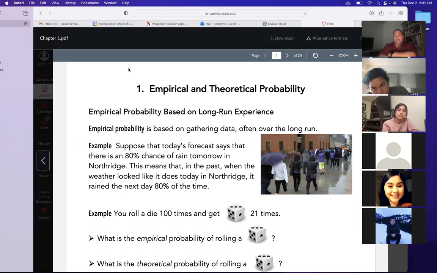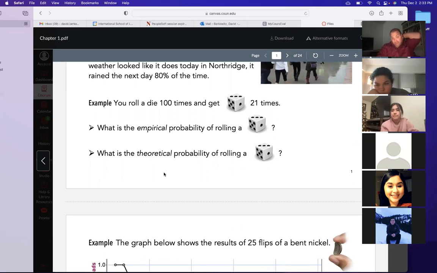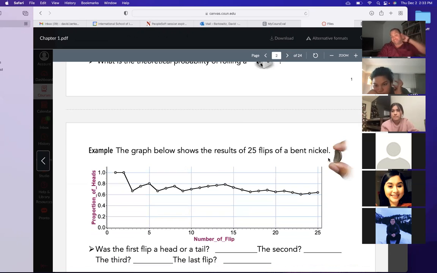But what if I whittled my own coin and we're not sure if it's fair or not? You can't say 50%. The only way of truly knowing whether or not it's fair is by flipping it a bunch of times and taking your empirical data and using that as your value. So here we had a bent nickel case, right? Bent nickel, is that 50-50? I don't know. We took some data.